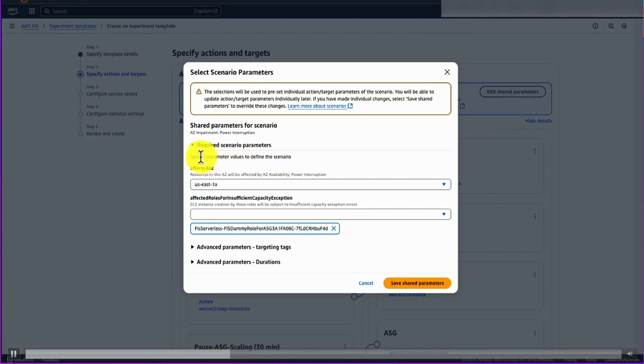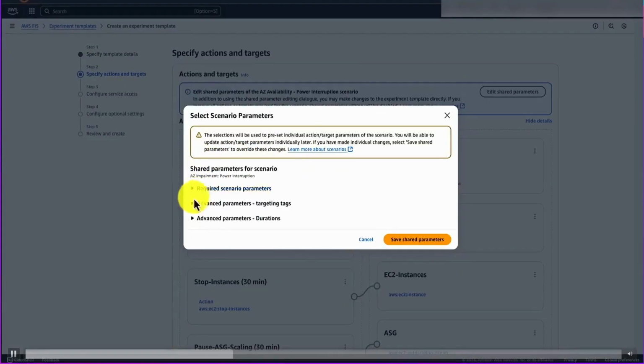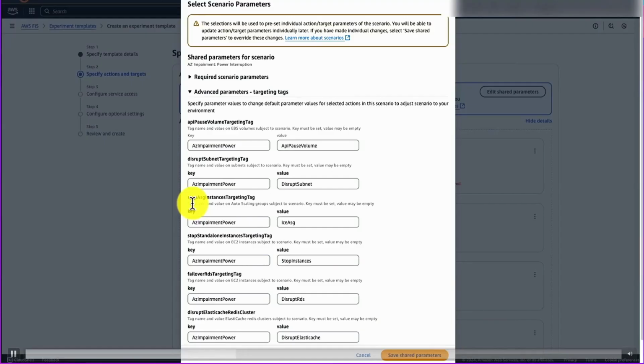And then under the advanced parameters there, this is where you can select which resources should be targeted based on a key value basis. So you must have configured your resources with the right tag key and value. And in this case, I'm just going to put ready for all the tag key, the tag values.